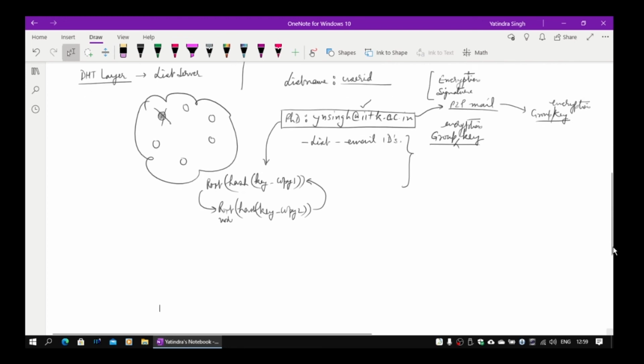Okay, so in this case, for example, if this guy now publishes a list like this PhD, I am actually sitting here on this device. Remember, this is user dependent, this is not node ID dependent. So the user certificate will be used in this case. So I will create this list. I will now create an entry for this. I will actually now add all my email IDs and everything. I will create a data structure. So there will now be a data structure which will have the list name.